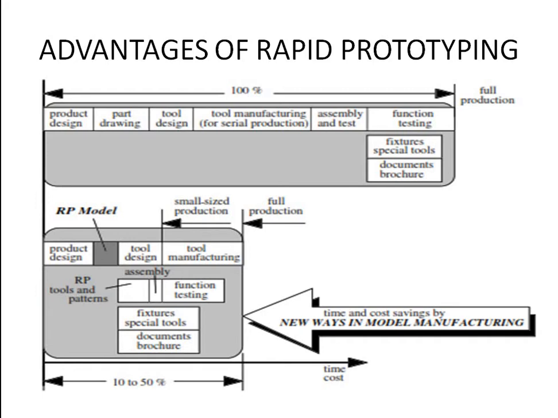and the RP model is coming into the part drawing. In the part drawing, the tool design portion is also there. We make the tools, and we use them only for small-size production. In the RP system, RP tools are also used, function testing is also done by RP model, and assembly we also make by RP models. In rapid, we make the assembly and we check everything. There we reduce the time.